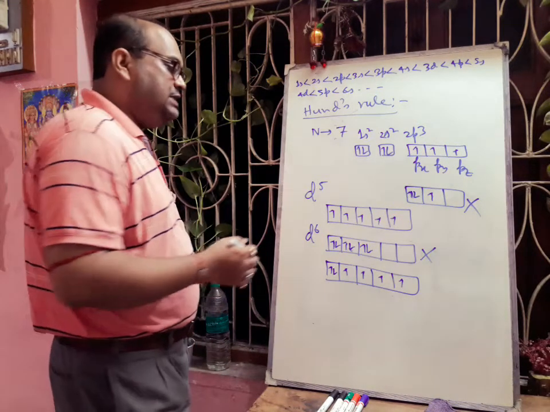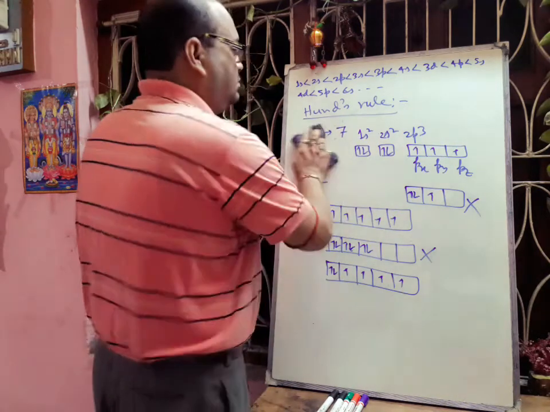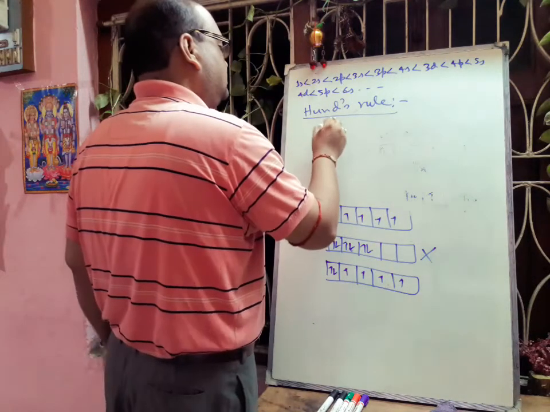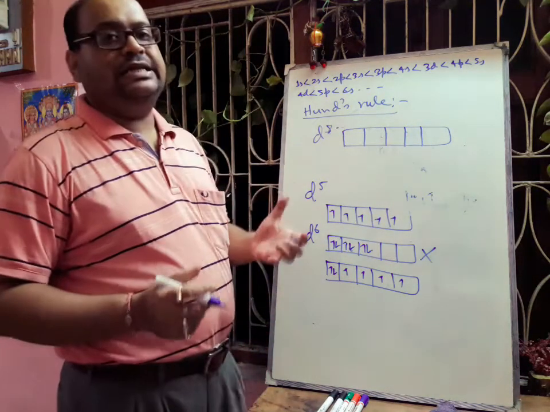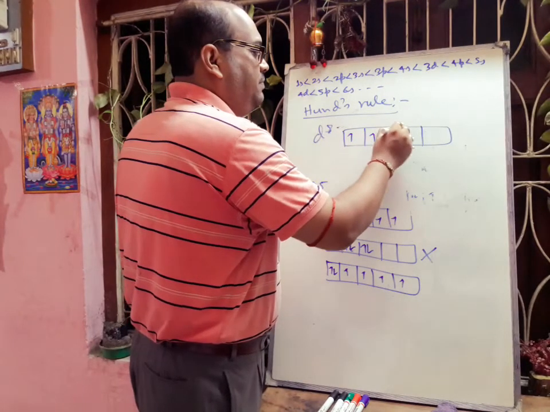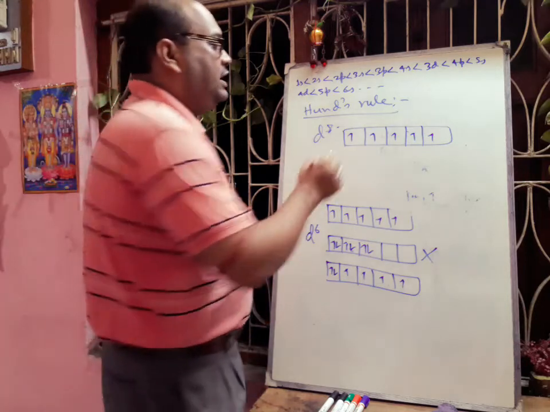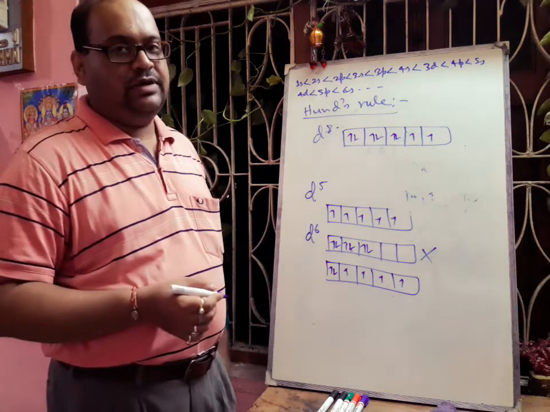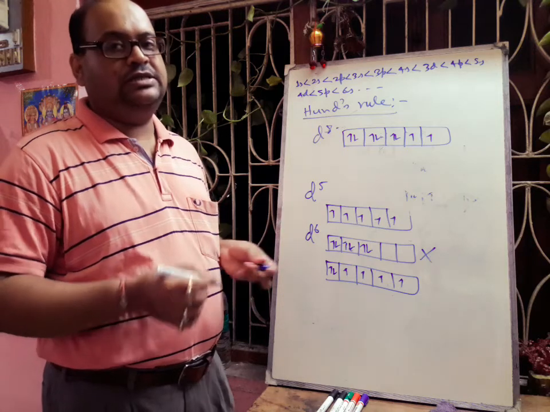Suppose there is a d8 electron configuration. According to Hund's rule, in our hand there are 8 electrons. So first we have to fill with unpaired electrons, 5 electrons. Then the next 3, one by one, will be paired. So this is the electronic configuration of the d8 system. Hope you can understand. And this is Hund's rule, and here Hund's rule is applied.